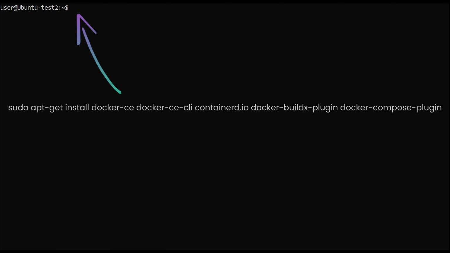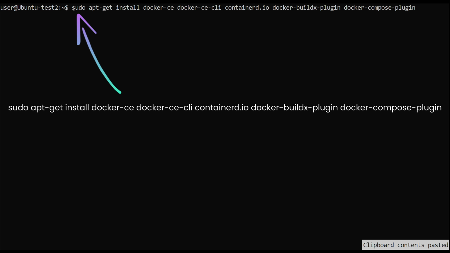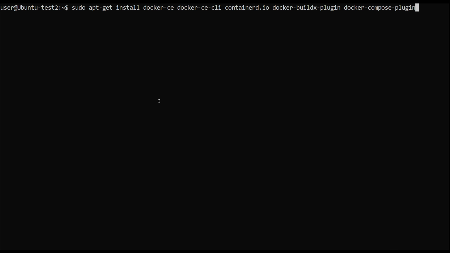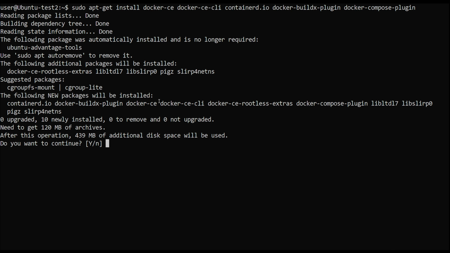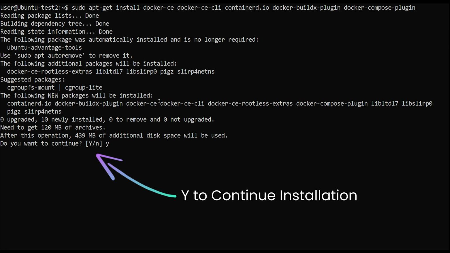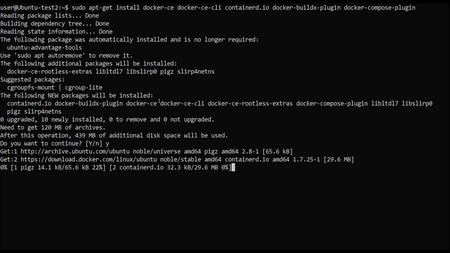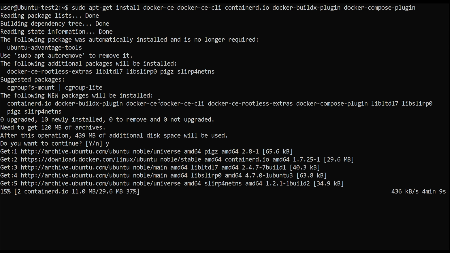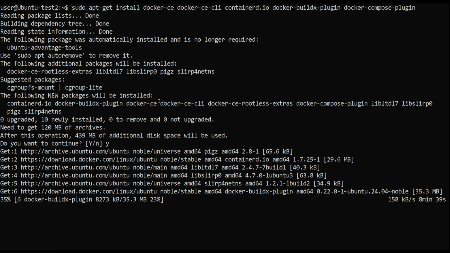Now, we'll run the installation command. This command will install Docker, Docker Compose, and their dependencies on your machine.